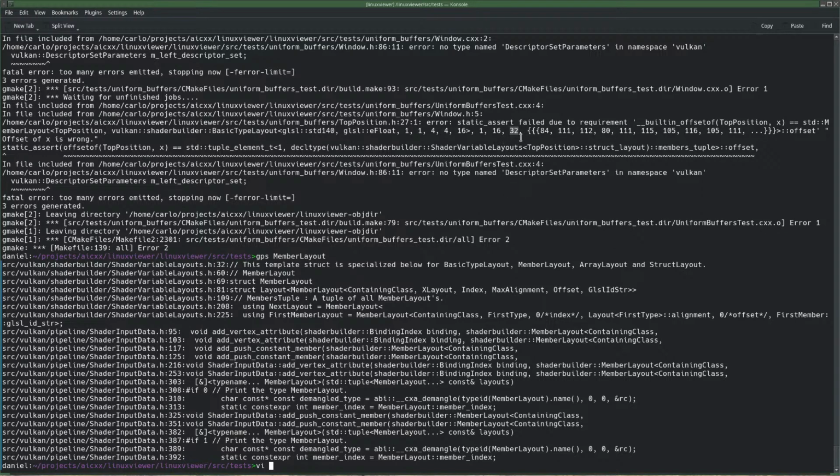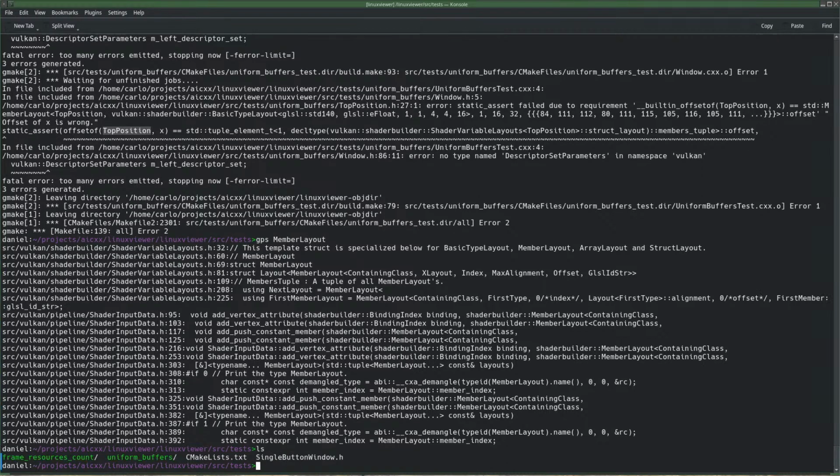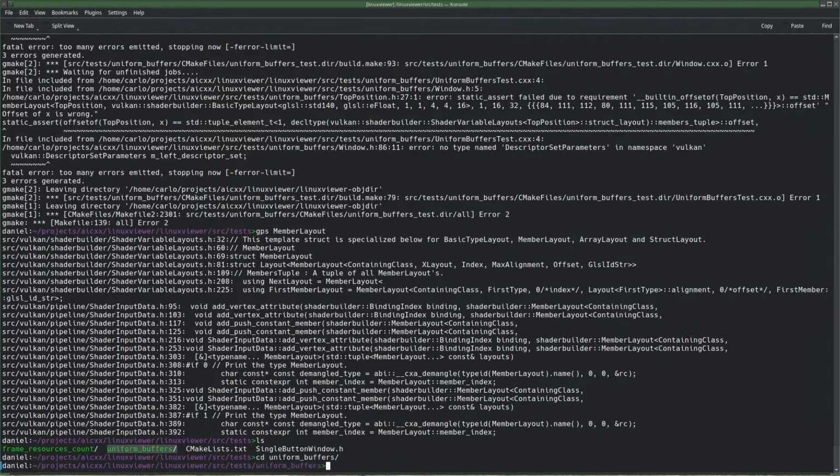Let's have a look if that makes sense at all. We're talking about the second element of top position. In here.